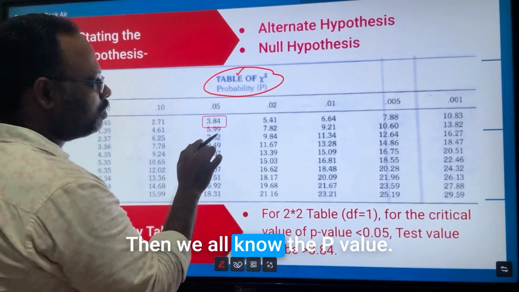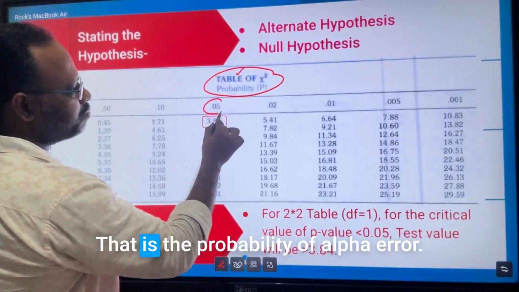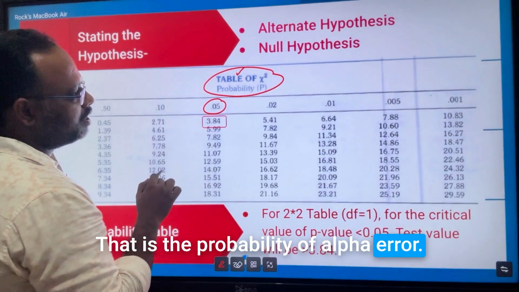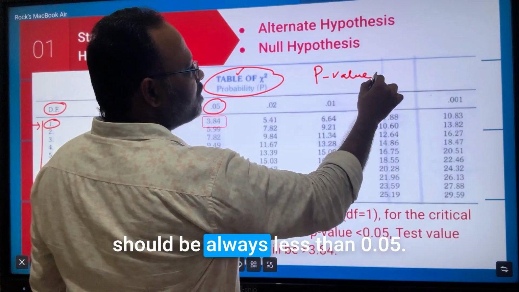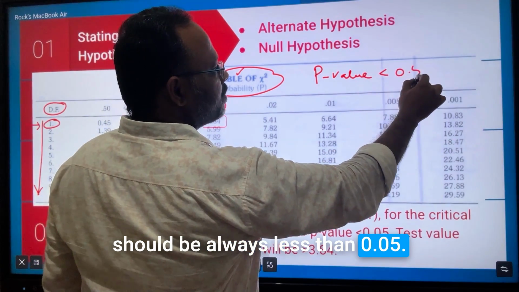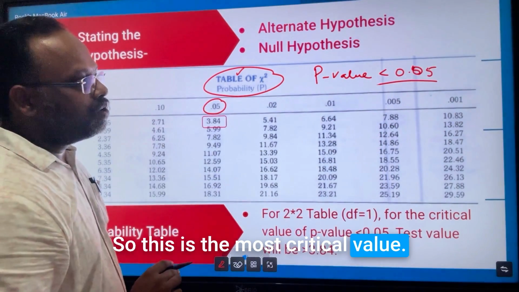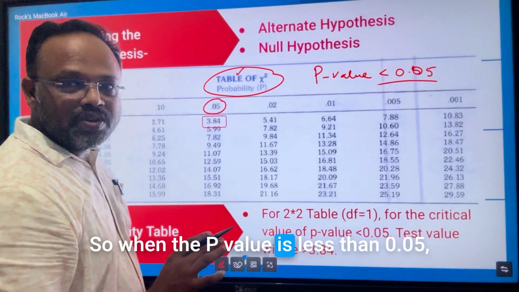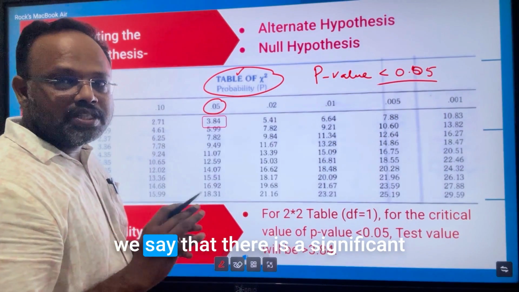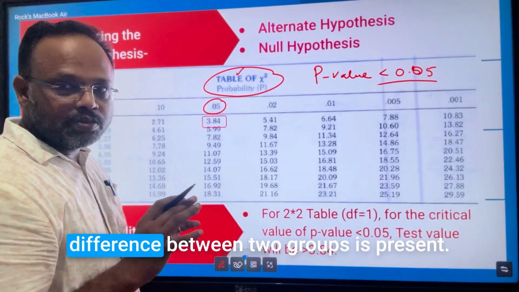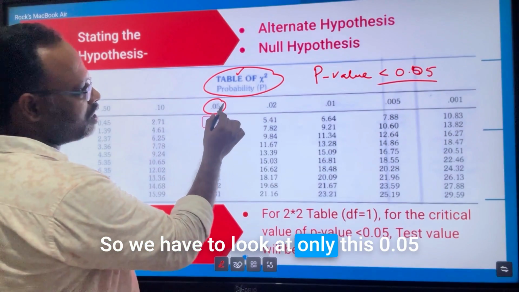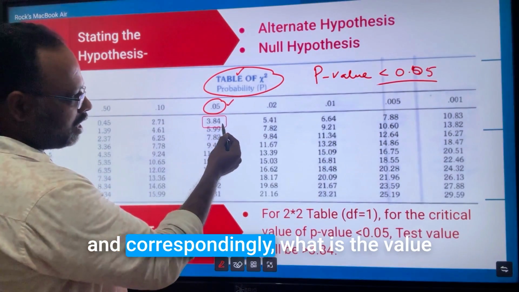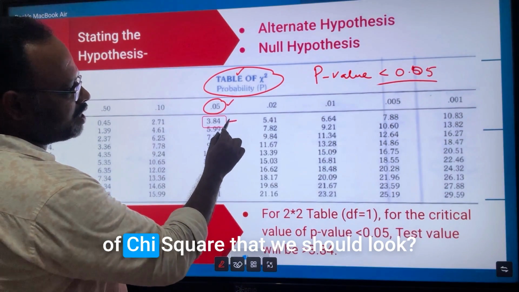Then we all know the p value, that is the probability of alpha error, is the arbitrary value. That p value should be always less than 0.05. So this is the most critical value. So when the p value is less than 0.05, we say that there is a significant difference between two groups. So we have to look at only this 0.05, and correspondingly what is the value of chi-square that